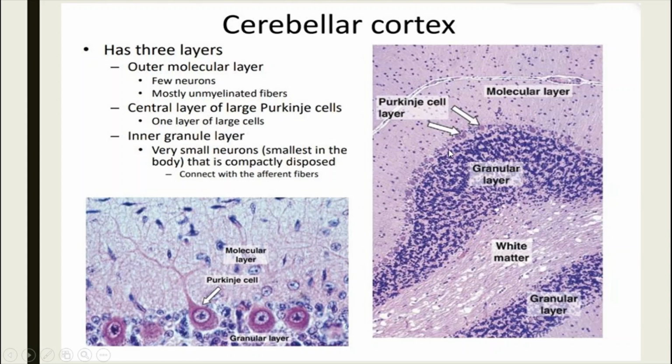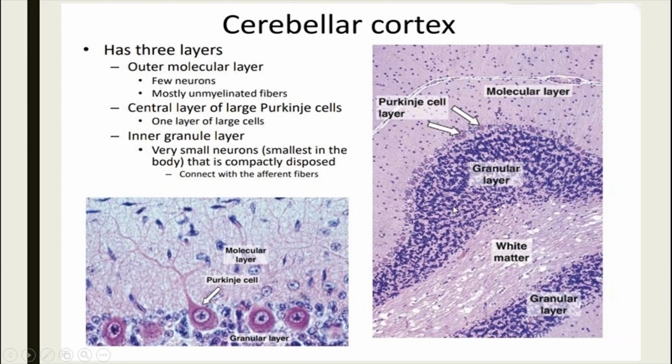The intermediate layer is the Purkinje cell layer. Purkinje cell possesses a large flask-shaped body with well elaborated dendrites. The dendrites present towards the molecular layer, and the cell bodies of the Purkinje cells present at the intermediate layer. So the Purkinje cells are arranged between the granular layer and molecular layer as a single line. A single layer of Purkinje cells can be seen,